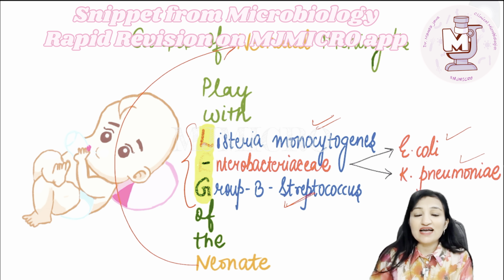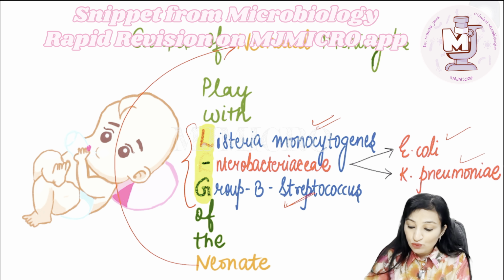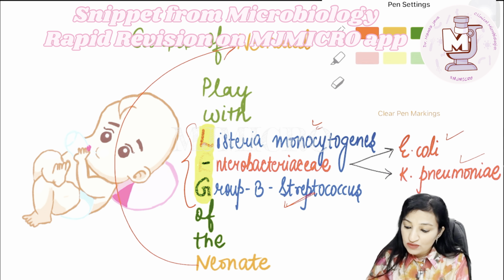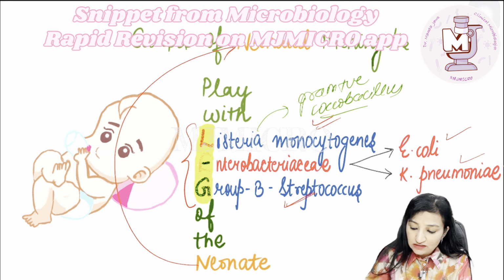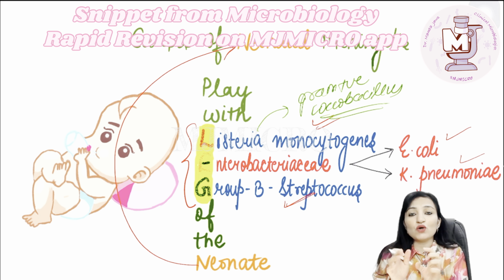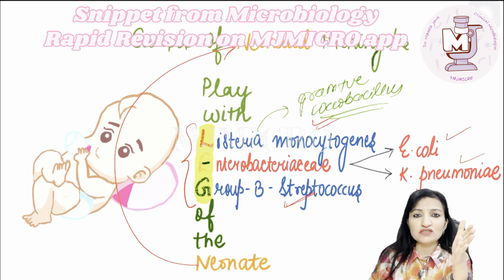There's a reason why I have written Listeria and group B streptococcus in blue color. Both of these are gram-positive organisms, and Enterobacteriaceae is the family of gram-negative rods. Listeria monocytogenes is an example of a gram-positive coccobacillus. That is, it is neither a properly spherical coccus, nor is it a rod like this pen. So it is referred to as coccobacillus, somewhat oval in shape. Some books do mention it as a rod. It doesn't really matter, but strictly speaking, it's a coccobacillus.